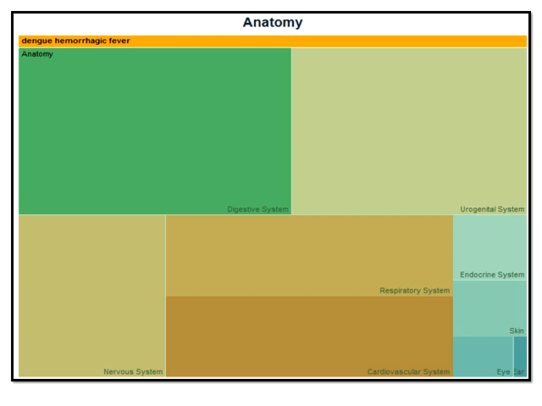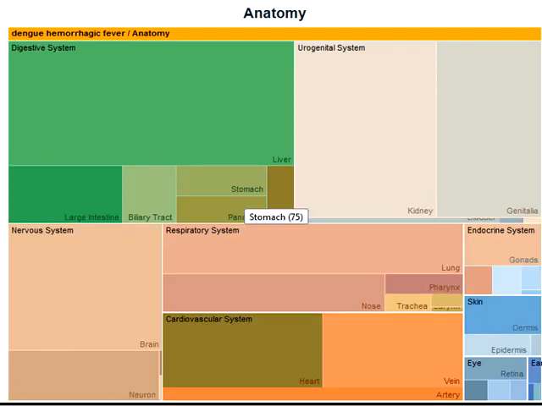Next, when you click on one of these areas in the search engine tool, it will lead to the next page, which I'll show in the next slide. When the category map digestive system was clicked, you can see how the articles exploring the association between hemorrhagic fever and the digestive system are divided into different groups within the digestive system.